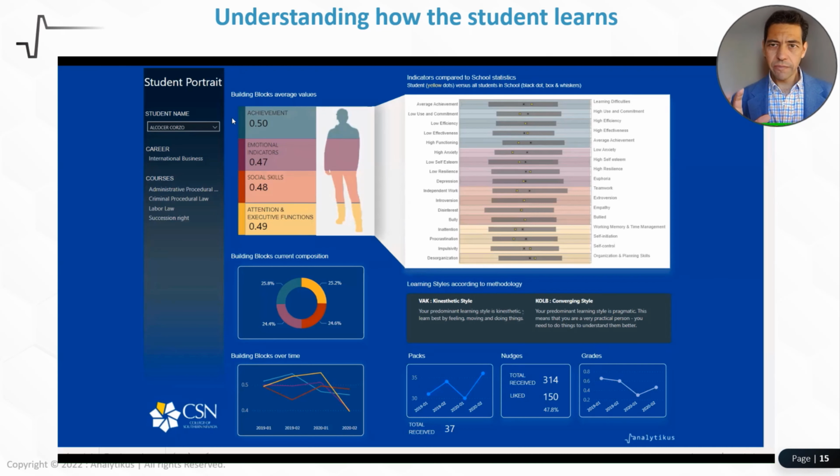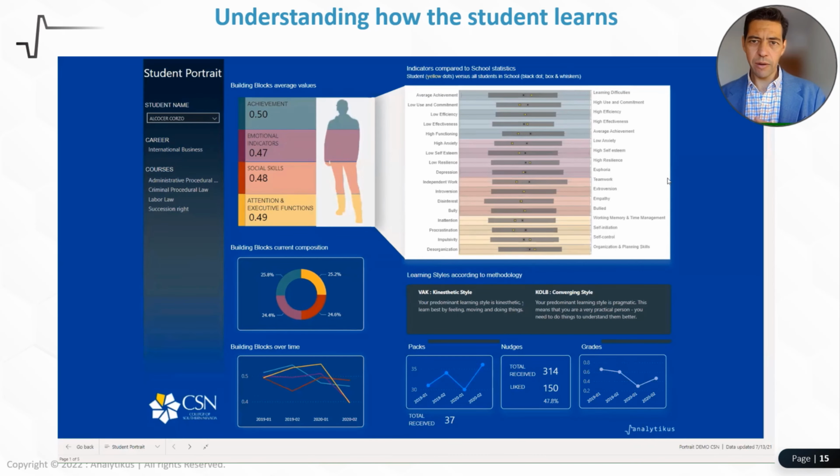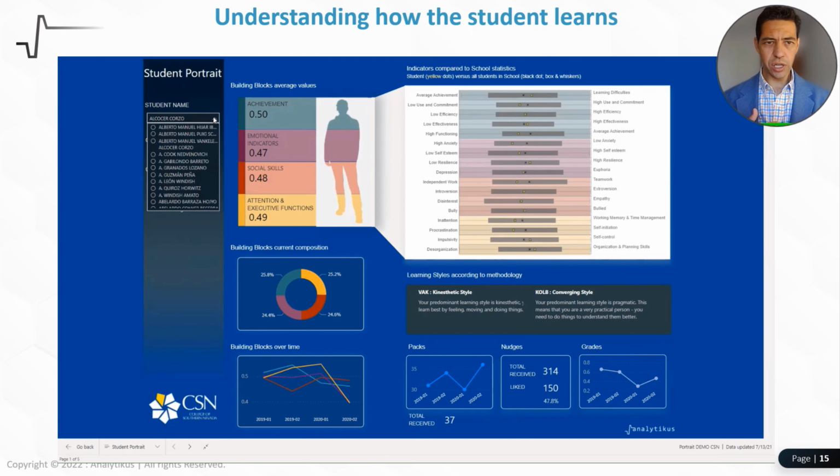This is a report. This is what Emilia uses in order to feed and send the messages. So there are the 4 areas of development, the 16 building blocks, and we can see where this particular student, John, is standing. Through time, how the mix has changed, how many messages John has received through time, to how many messages he has reacted, what's the impact on the grades, if there is any. Of course, we can change from one student to another.